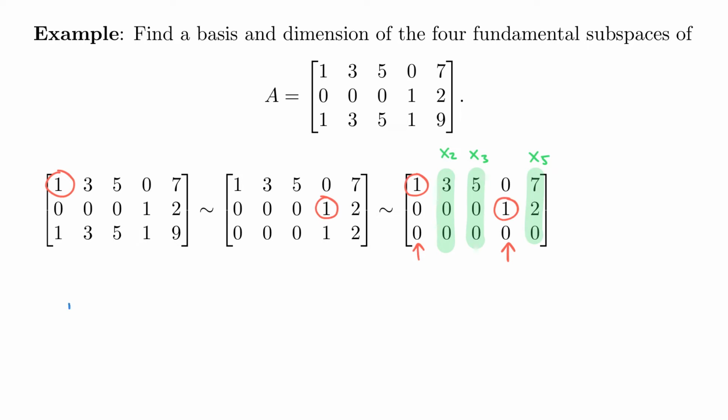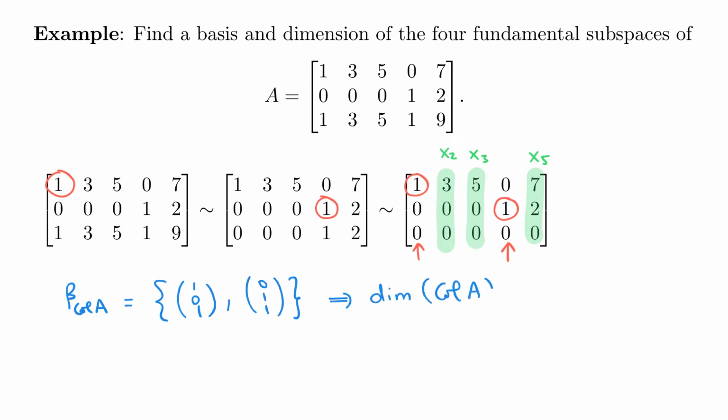Therefore, a basis beta for the column space of A is equal to the two vectors 1, 0, 1 and 0, 1, 1, which are the pivot columns of the original matrix A. Since there are two vectors in the basis, this means that the dimension of the column space of A is simply equal to 2. In order to find a basis for the row space of A, we are going to